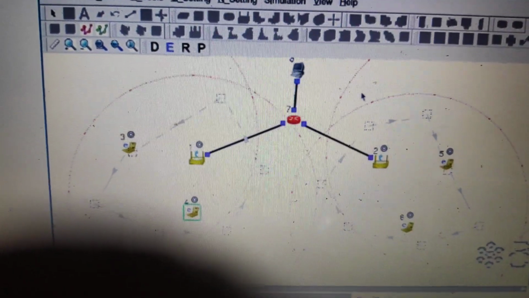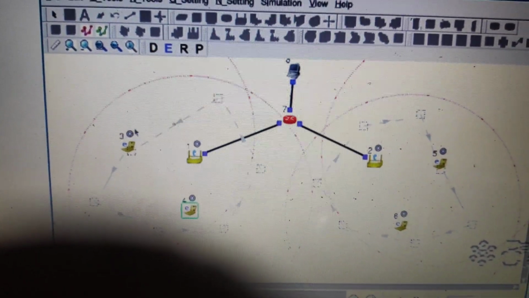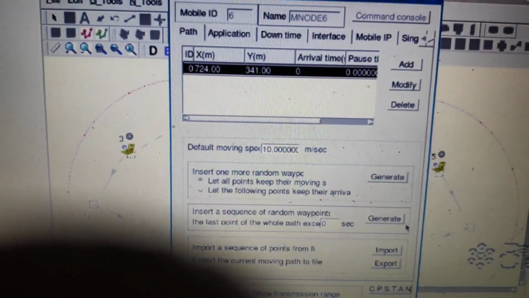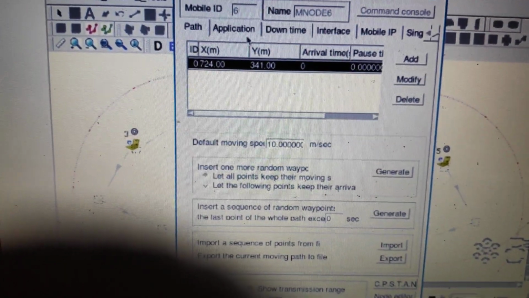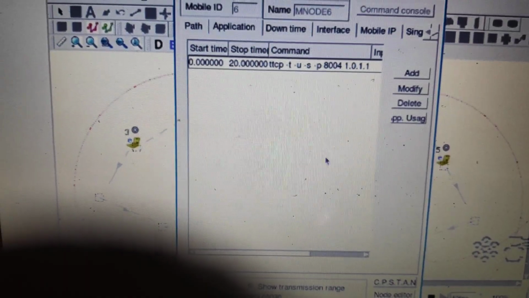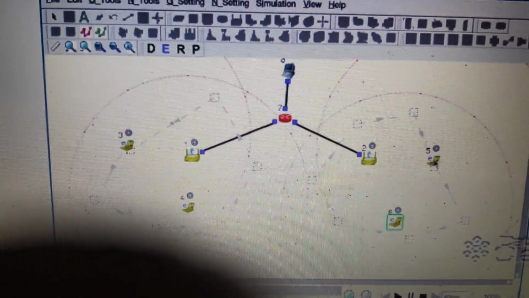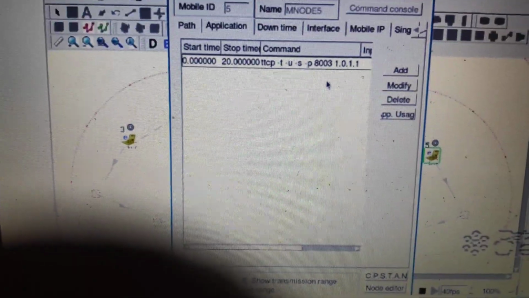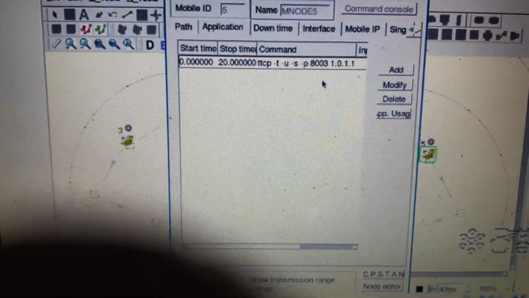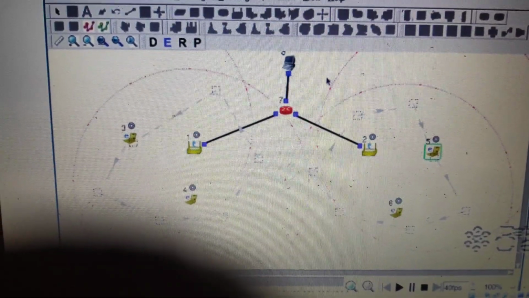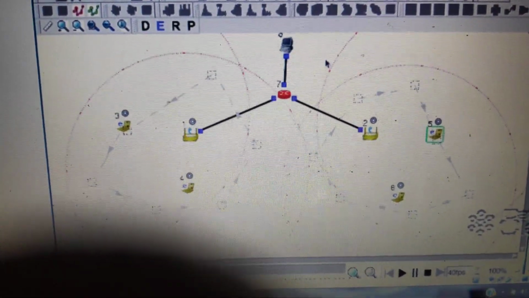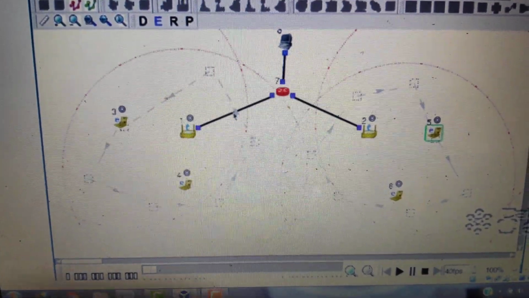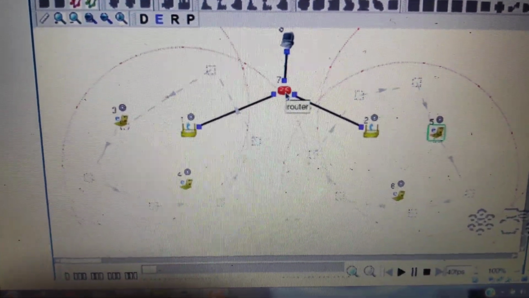You are configuring the port number for communication, and they act as the transmitter of the information. In log packet statistics, you will be enabling the throughput of outgoing packet. In the same way, I'll show you the last node also. It has already been configured, 8003, and you just have to add the corresponding commands. So we are done with the mobile nodes.